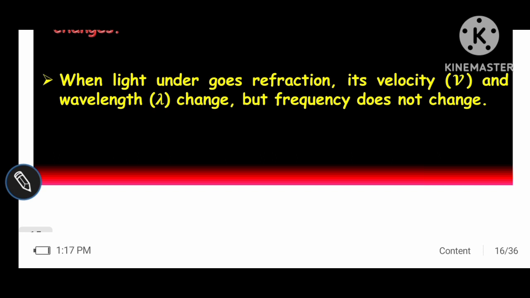As I already told, for the refraction to occur, there is the necessity of two different media. That is why the velocity also changes and the wavelength of the light also changes, but the frequency